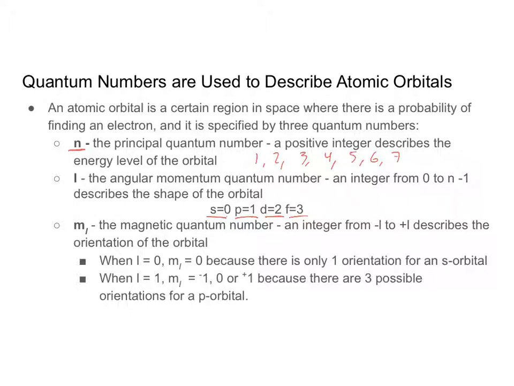And then ml is the magnetic quantum number, and it's an integer from -l to +l, and it describes the orientation of the orbital, that is, in what three-dimensional shape it's in. So when the magnetic quantum number is equal to, when the angular momentum number is equal to 0,